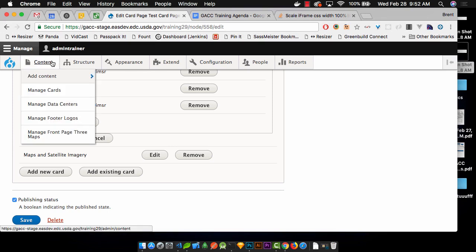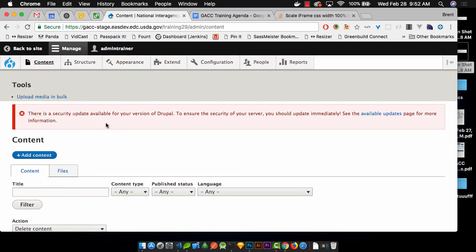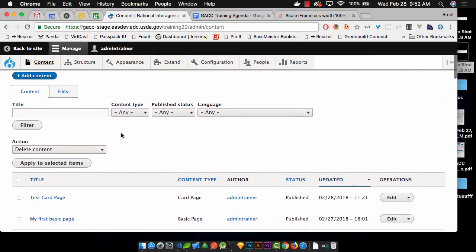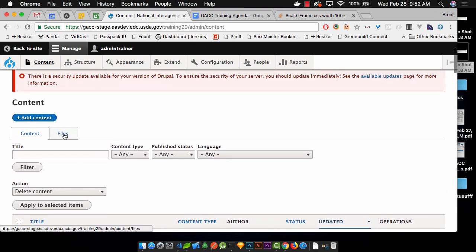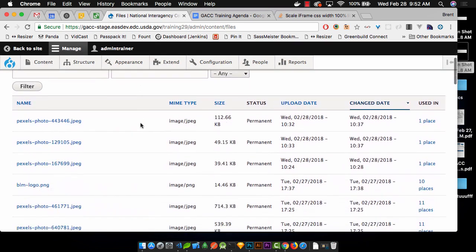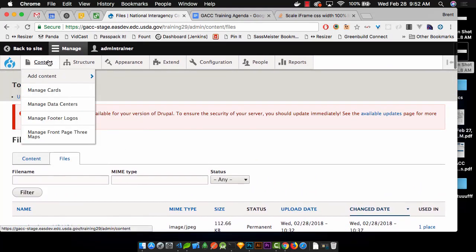And so we're going to click on content. This is where we could get to all of the pages, but on this page we have a little tab that says files. So we're going to click that. And whenever it finishes loading. Okay, now we have all of our files